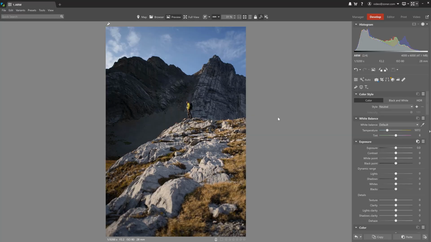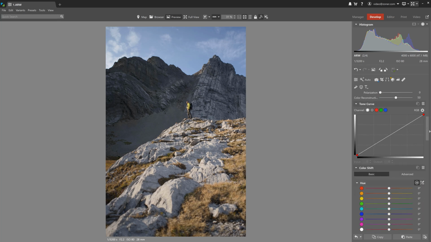So let's start with exposure. We're going to tweak this only slightly since film doesn't offer much flexibility in exposure. And I'll begin with the exposure slider. And in this case, let's bump it up a bit to brighten the photo. And if the photo were too bright, I'd pull it down instead. Next up is contrast, which I'll lower quite a bit because film usually gives us much lower contrast than the digital version. That's it for exposure. I'm not gonna mess around with it anymore because heavy exposure edits usually feel kind of unnatural for this kind of look. Now let's move on to another very important aspect, which is color.